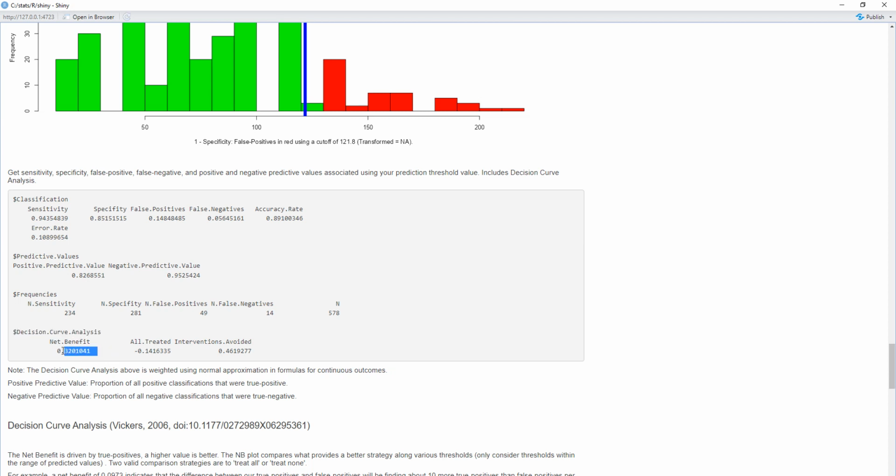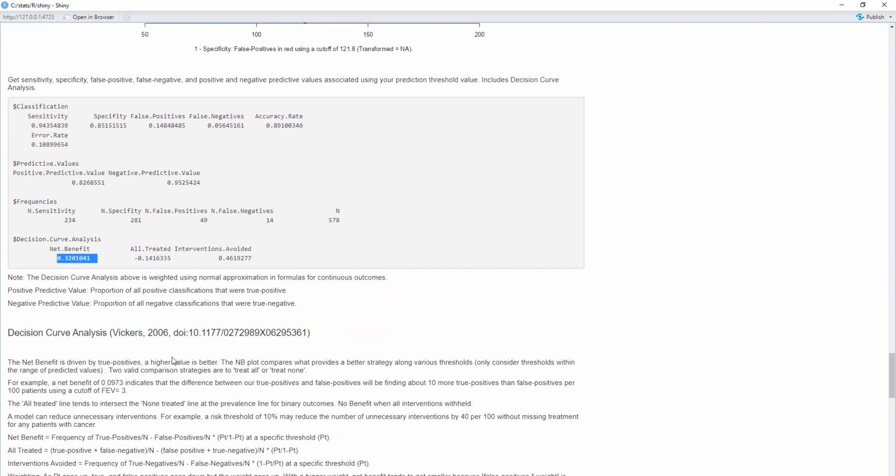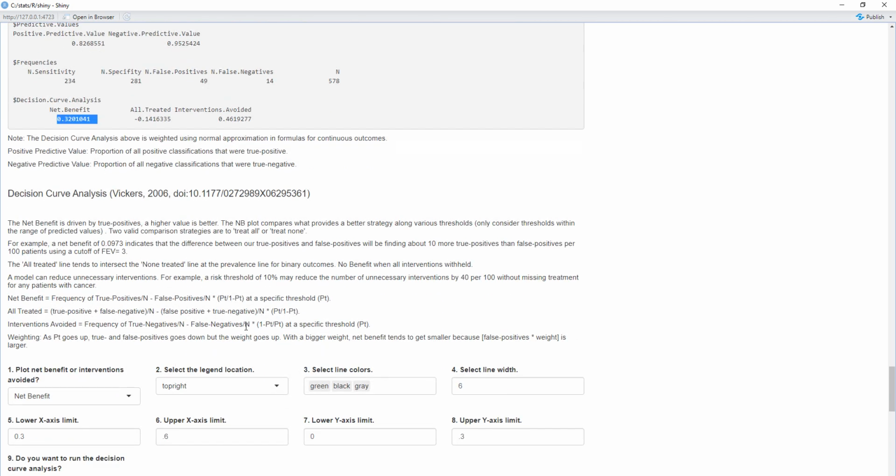The benefit is about 0.32. It's important to note that this is not coming from Vickers' work. I used a similar formula, say for example for the net benefit. I had true positives minus the false positives over n times the part that did differ is in this weight, pt divided by 1 minus pt. I used